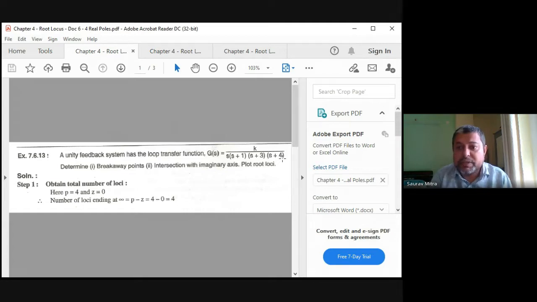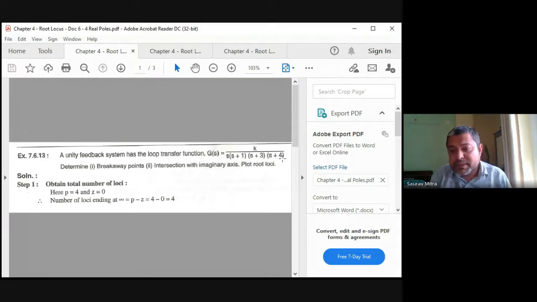This you have to understand. So in this case, there are no direct zeros given. That means what is hypothetically assumed is that there are four zeros, because there are four poles. Though it is not shown, you have to assume that those four zeros are at infinity. So one path will start from s equal to 0 and go to infinity. Another path will start from s equal to minus 1, that is a pole, and go to infinity. So all these four poles at k equal to 0, which are 0, minus 1, minus 3, and minus 4, will start at these points, and with increment in the gain, when k is equal to infinity, all these four paths will end up in the four zeros kept at infinity.